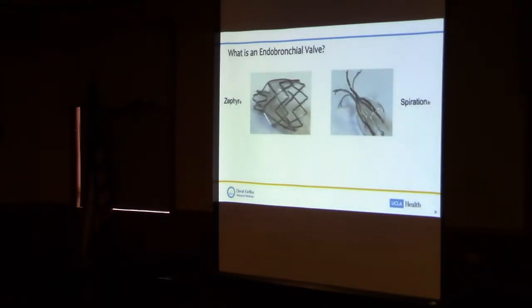So these are the two valves that are on the market in the US. One is Zephyr and one is Spiration, and I put pictures of them up there. I actually have a little Zephyr valve with me, so I can show you guys at the end of it if you want to see. It's very cute, actually. And it's much smaller than you would expect the way that it looks up here on the monitor. So these are valves that are made of a material called nitinol and silicone, and they work as